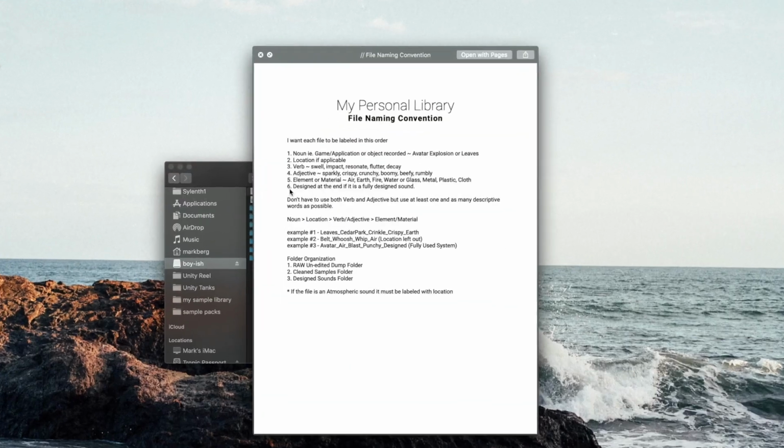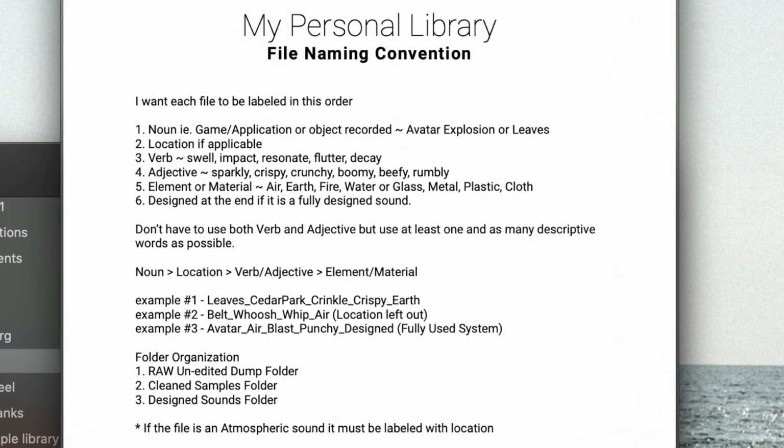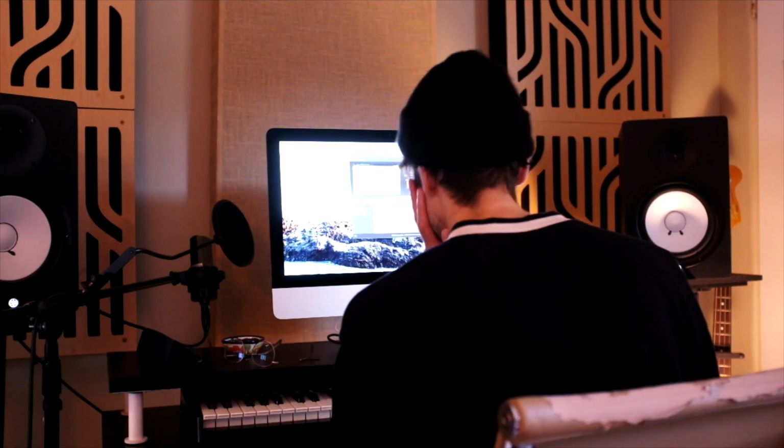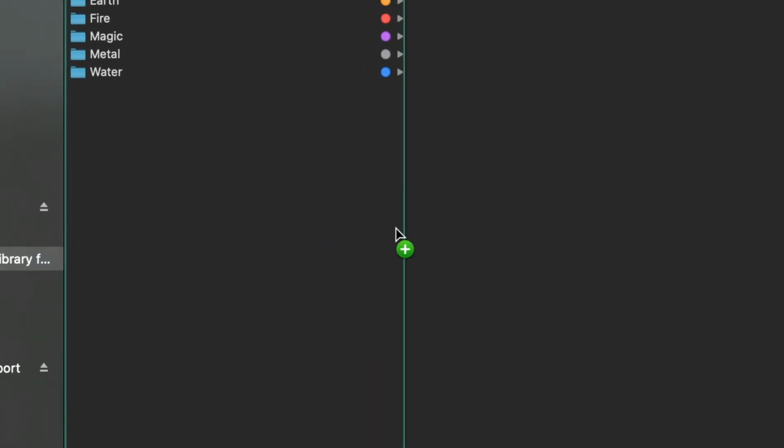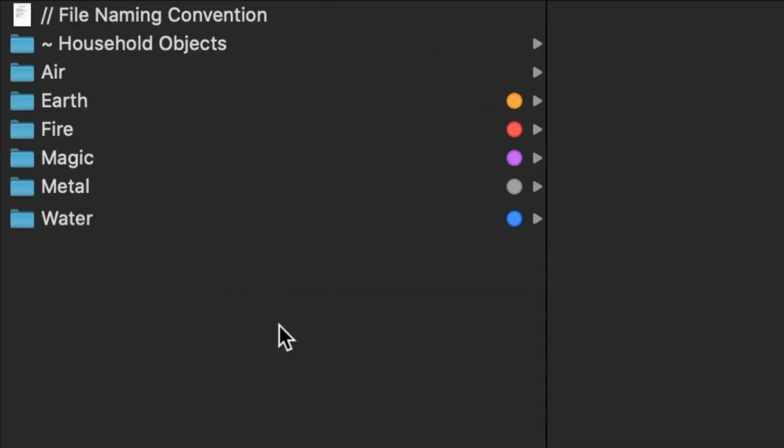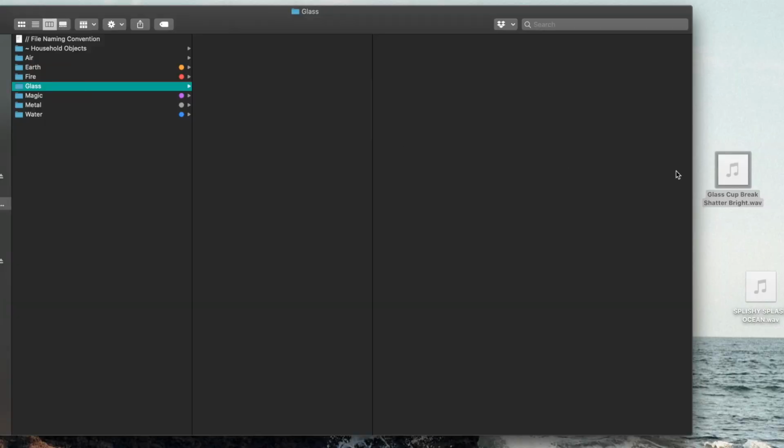So being someone who loves obsessing over how to best organize, well, pretty much everything, I set out to build the perfect file naming convention. Although I quickly found out this was a huge time sink, as every time I wanted to add a new sound to my library, I felt the need to tweak my folder structure just a little bit more. And this kept happening over and over again, preventing me from actually recording any sounds.